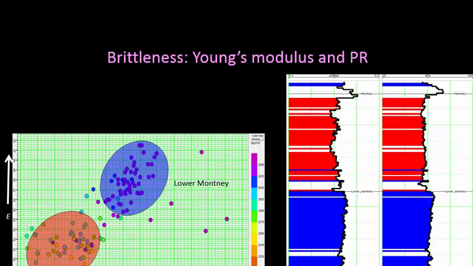We have been saying high Young's modulus, low Poisson's ratio is diagnostic of brittleness. But it doesn't follow that procedure here. So it has to be a case-by-case thing. You cannot just take it for granted that that will work everywhere. And when you back project, you know that this is coming from the upper Montney zone, this is the lower Montney, so it's all good.